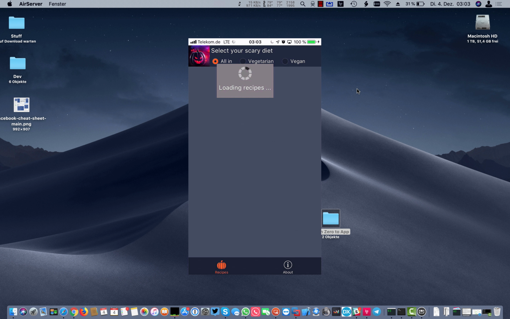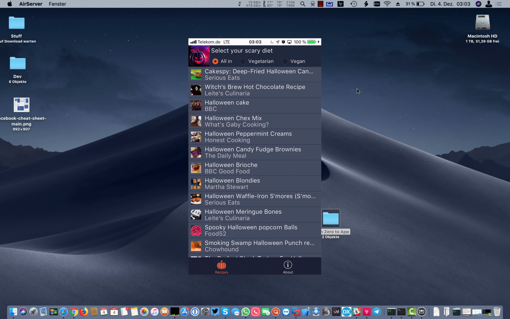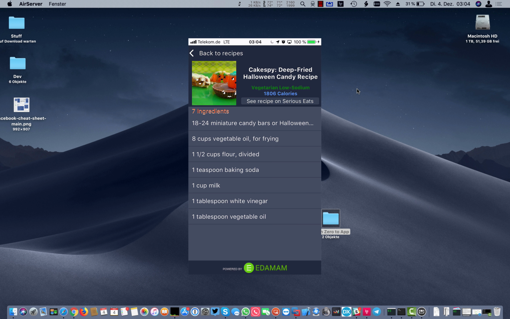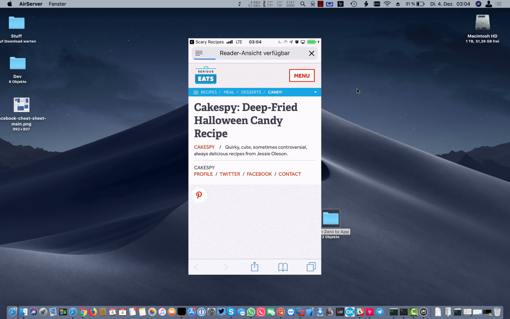Had a short splash screen because it doesn't really need a long time to start up, and we saw it pulling recipes in the background. And let's go to one of the recipes, the first one maybe, and we see there is the details of the recipe. We have 7 ingredients, and there is a button to go to the original recipe,